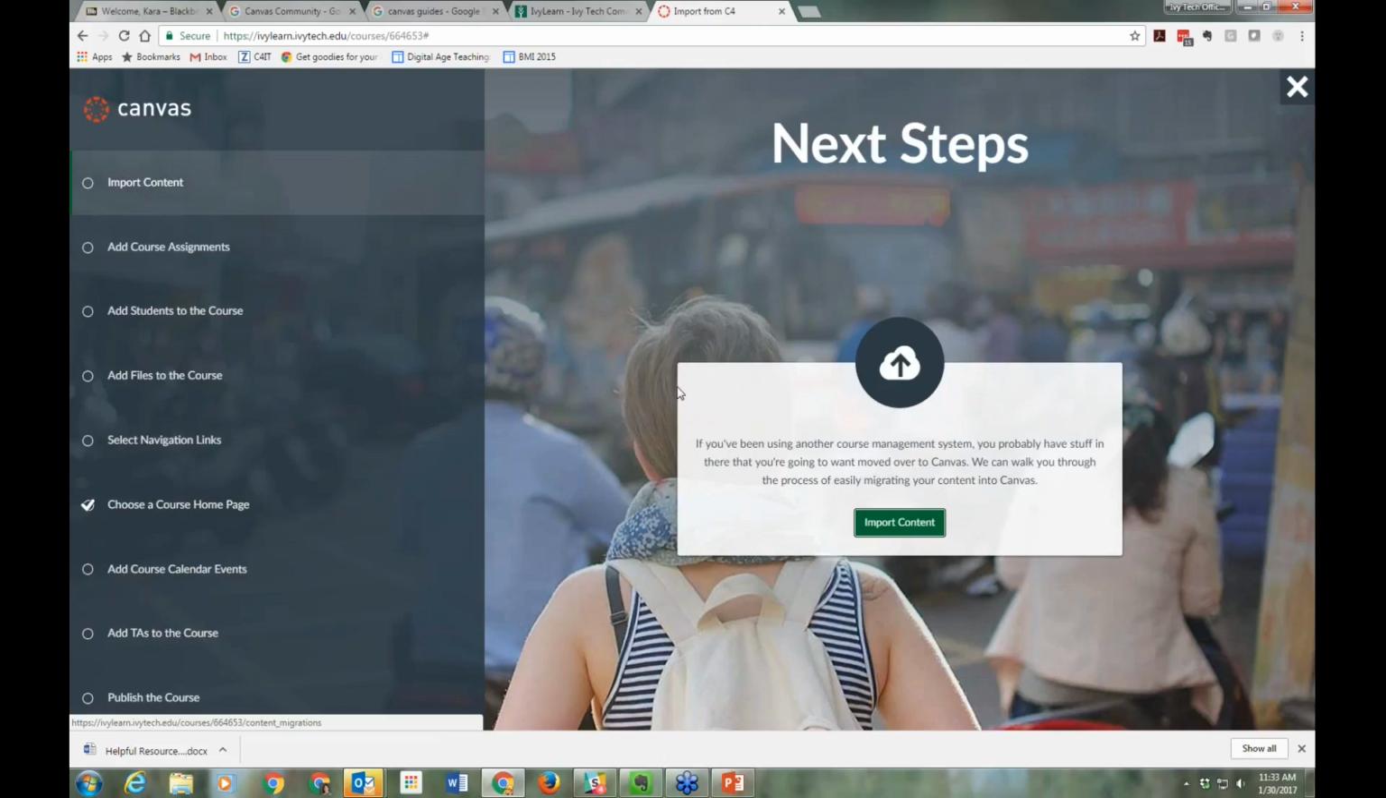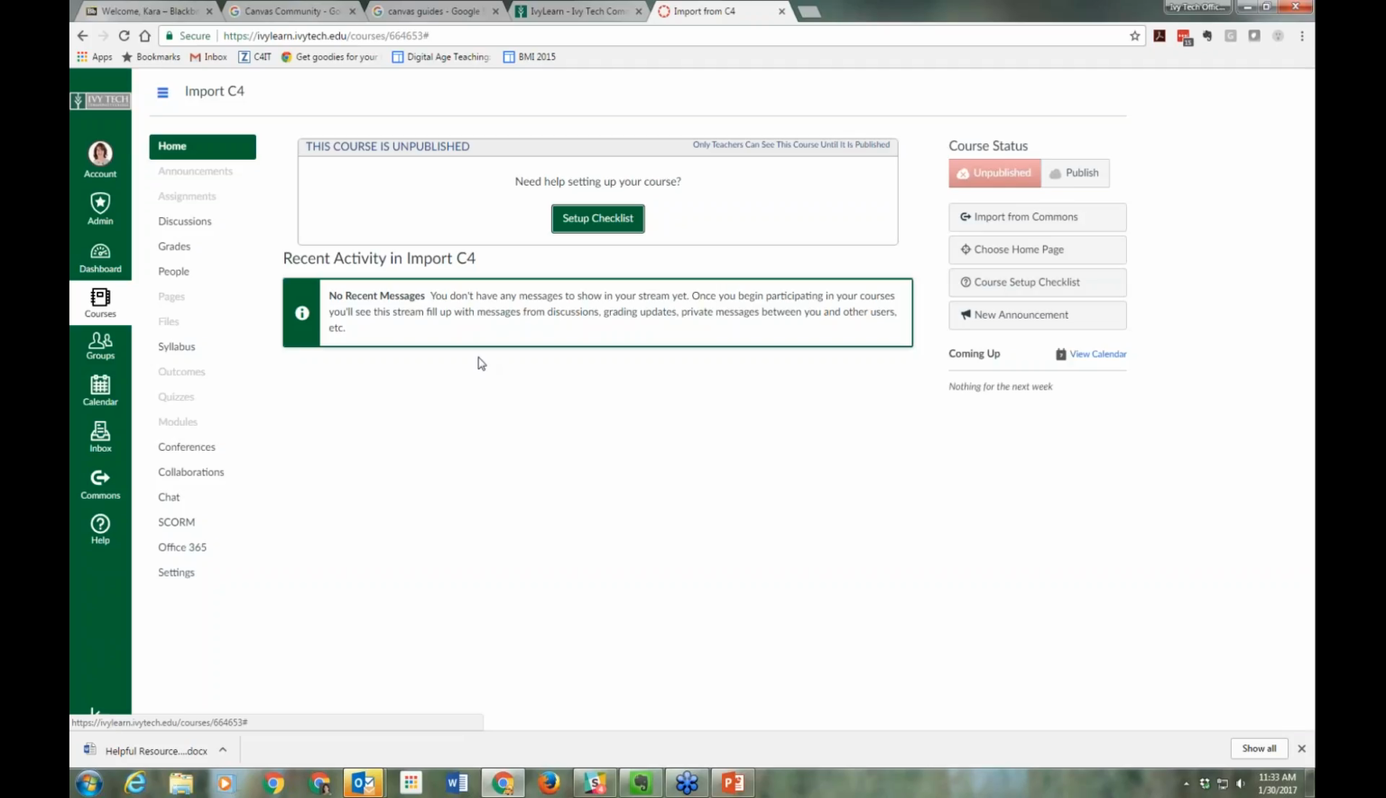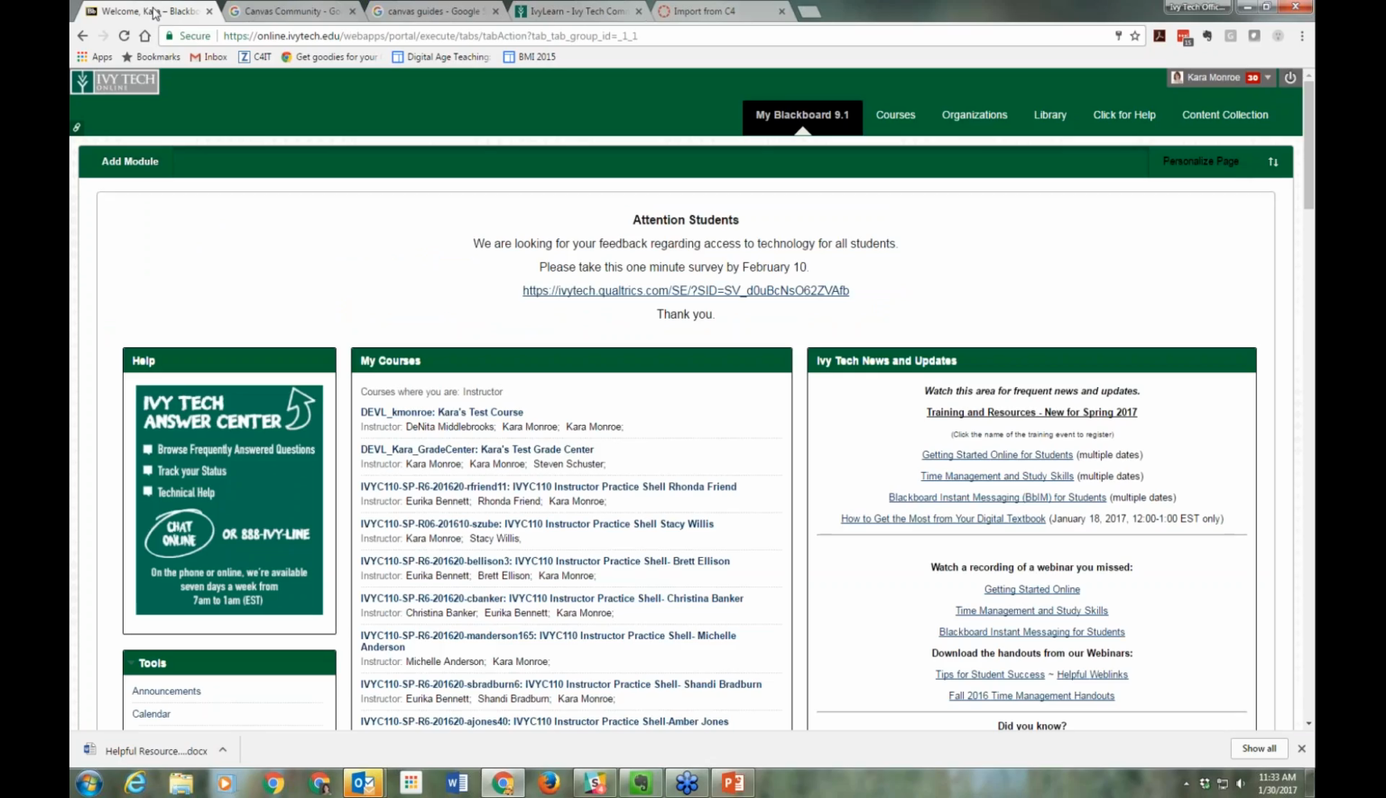And that is my second way that I want to show you how we can put content into Canvas. Let me go back to my class, and that is to import it from Blackboard. So you would do that by logging into your Blackboard course. So I've got Blackboard up here on the screen. There we go. You can see my Blackboard window now. I'd go into my course